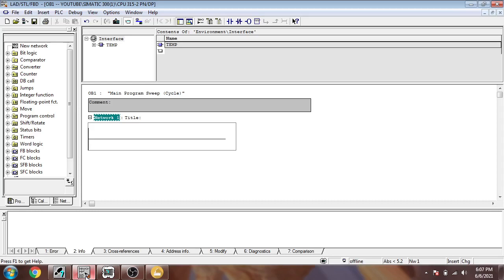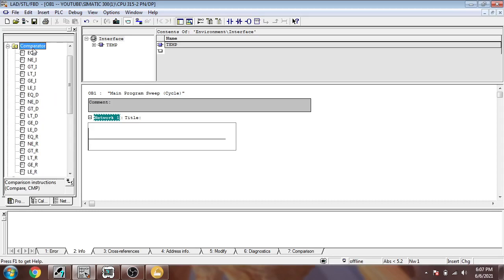So we are going to learn the Siemens language, which is called ladder language. And now I am going to my next videos on the comparators, which have some things: I means integer, D means double integer, and R means real. Integer is decimal values. Double integer means the values which are greater, in the thousands, from 10,000 to 50,000, like that. And the real values are called floating values, which are in points.